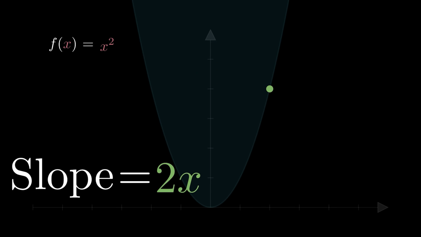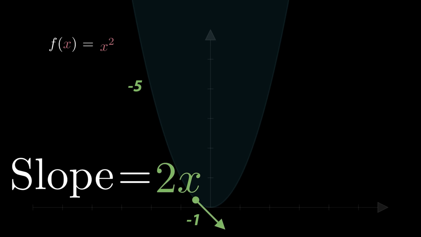Well, let's start on the left, right here. Here we can see that the function is going down, which means that the slope should be negative. And after we input the x, so negative 2.5, into the equation we get negative 5. Which means that at this very point, the function is going down at a slope of negative 5. If we move it to the right a bit, we can see that the function is still going down, but not as much. So if we once again input the x into the equation, we get negative 0.5. So still going down, but less than previously.